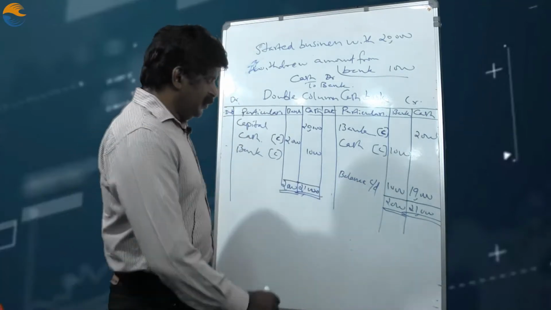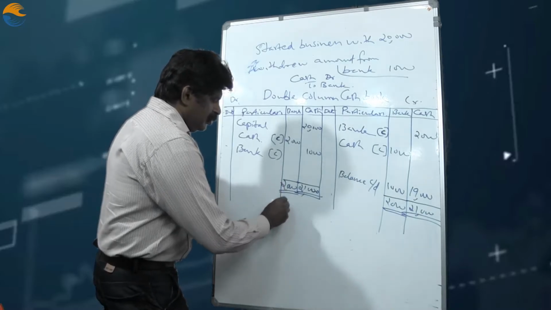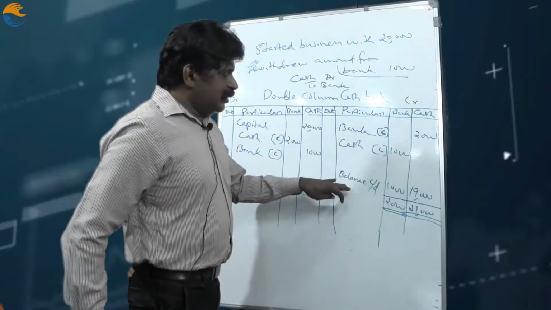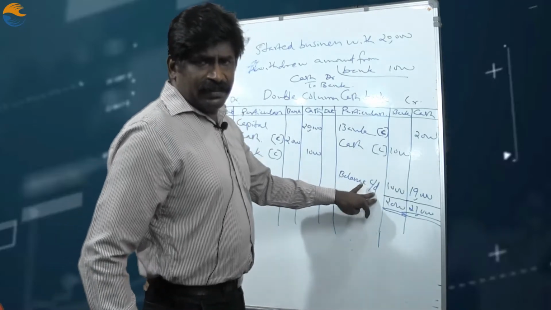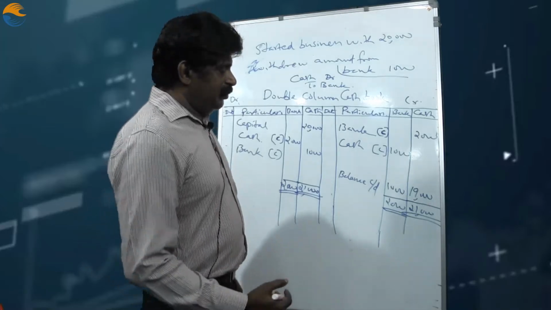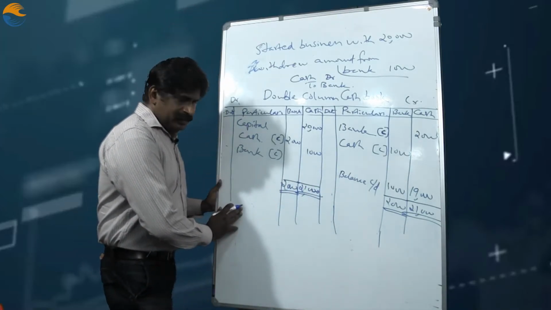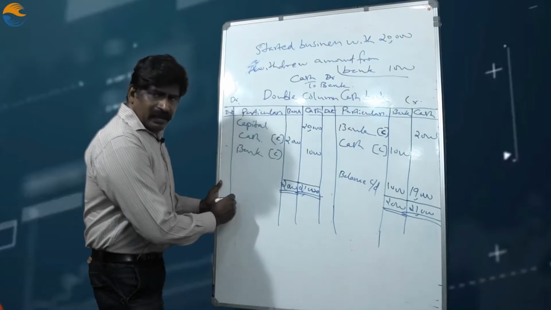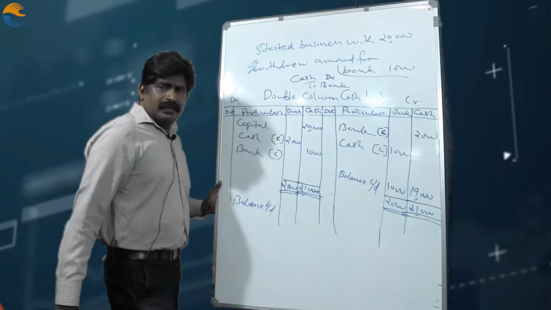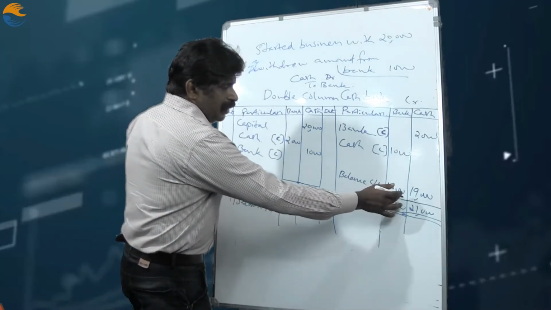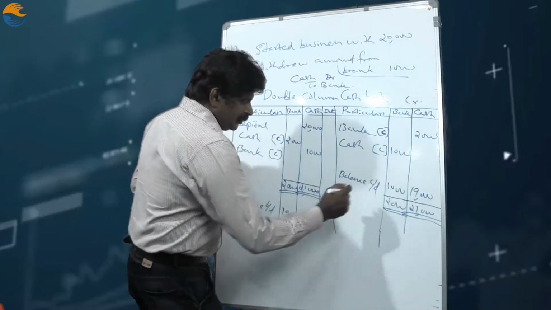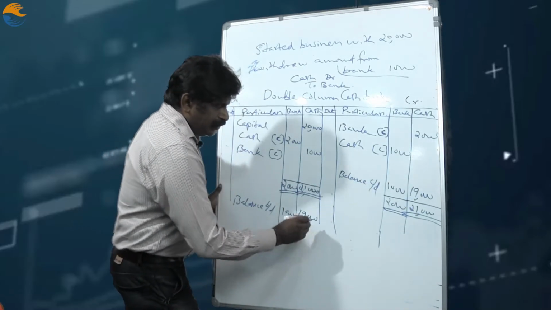After doing this, we have to bring down this amount. Since the balance carried down appears on the credit side, the balance brought down should be on just the opposite side, means on the debit side. On the debit side, we write balance brought down. The cash bank balance is written in the bank column. The cash balance is written in the cash column.